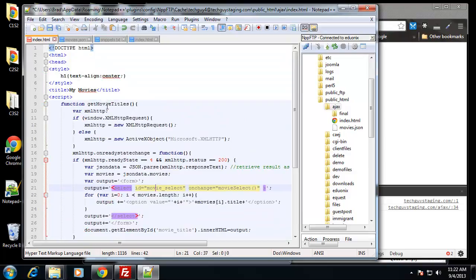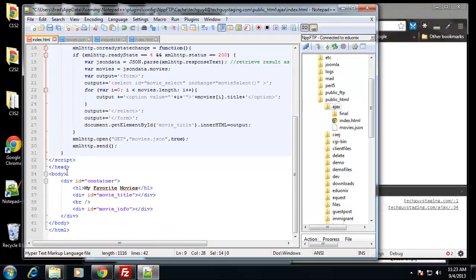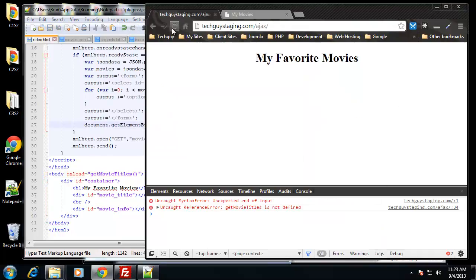Now I've created this function, but we haven't run it. So it's just sitting there. So we need to have a way to actually run getMovieTitles, and one of the ways we can do that is with the onload event handler, and we can add that to the body tag. So if we say body onload, and we can then put our function in here, which is getMovieTitles. So, alright, if we save that and reload,